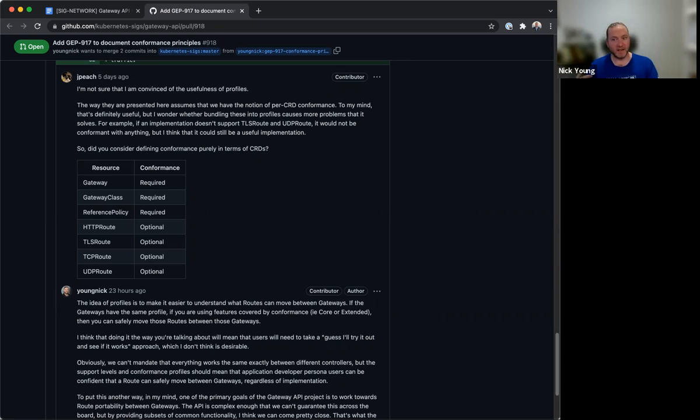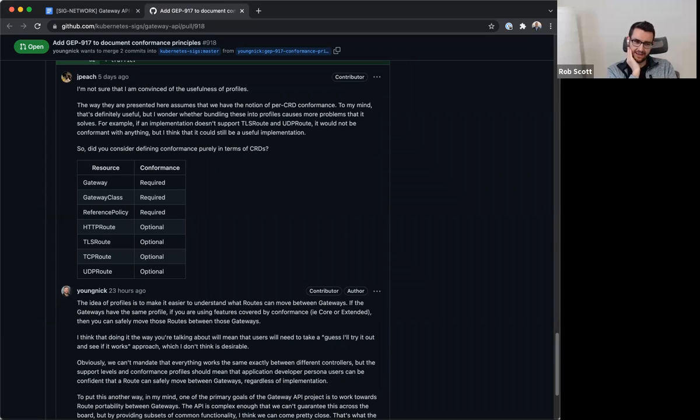But there's a certain set of ones that are in core support that everybody who does a certain thing is going to have to pass. And I think there's some value in having a very simple syntactic sugar for that, that matches how we talk about these things anyway. The examples I've given in the document are layer 4 and layer 7.